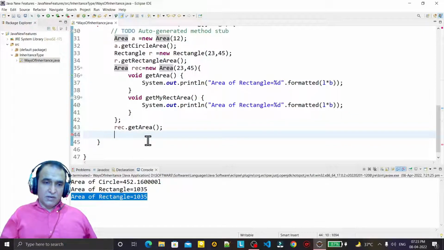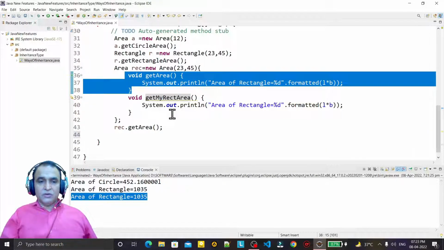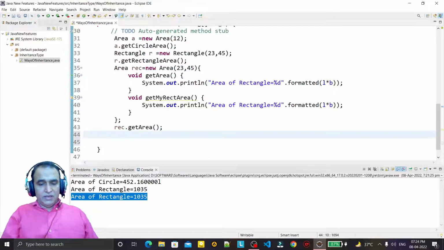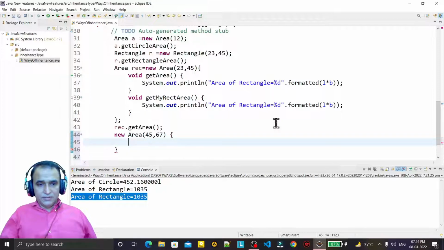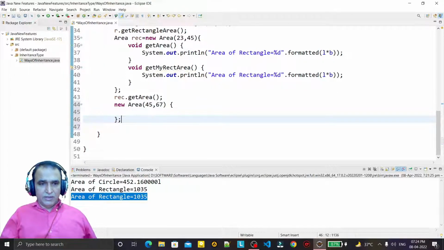But if you still want to execute this function, and you don't want to use the existing function of a class, there is one more thing you can do, a new way. You can say new Area like this, pass your value, then again call this, and remember that we have a semicolon here.